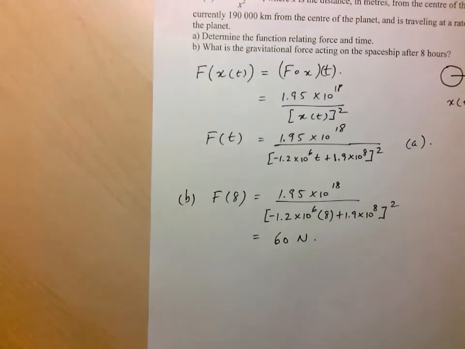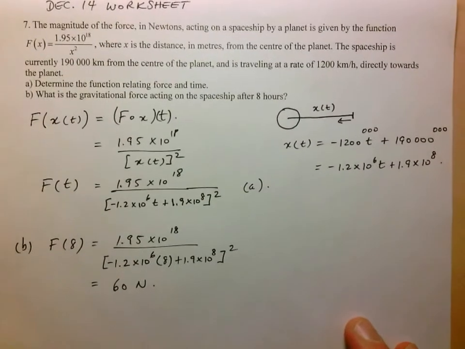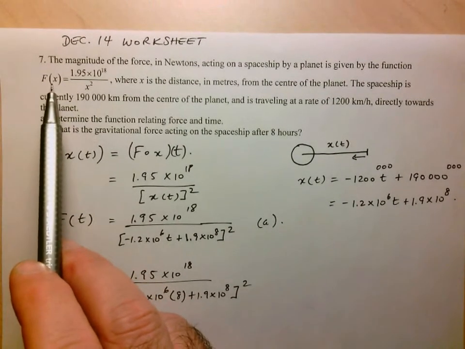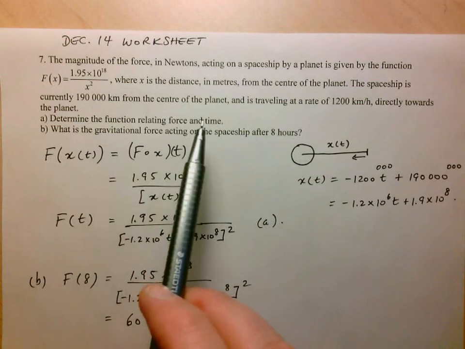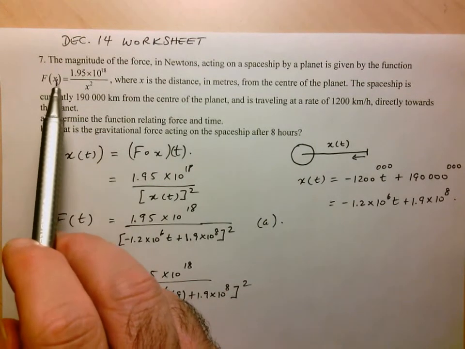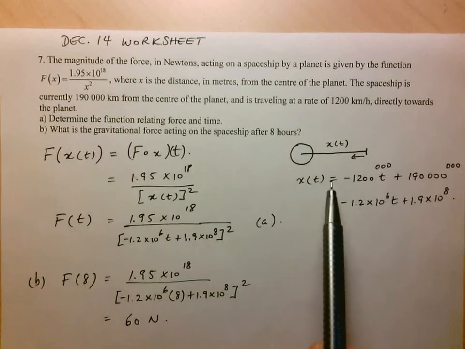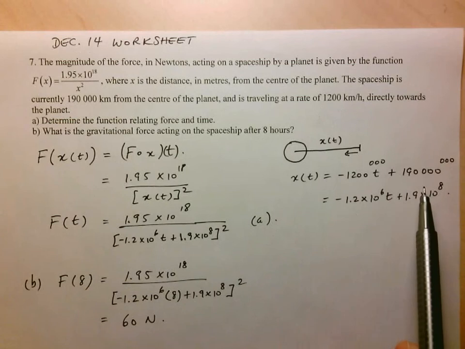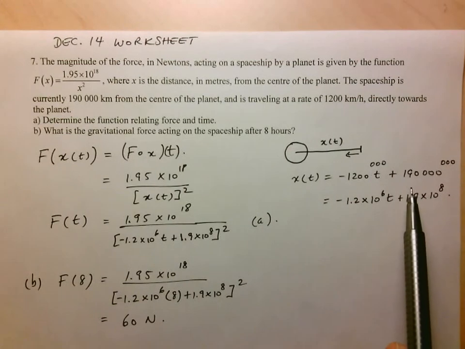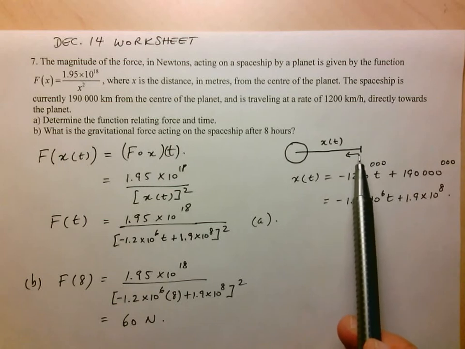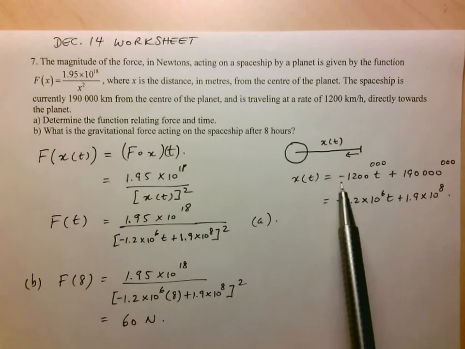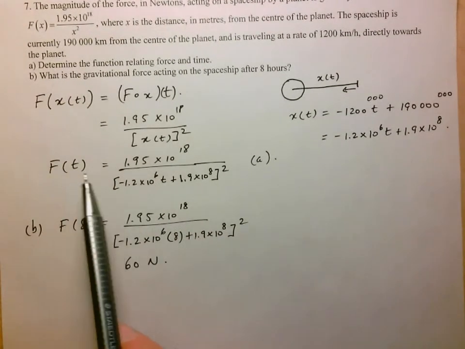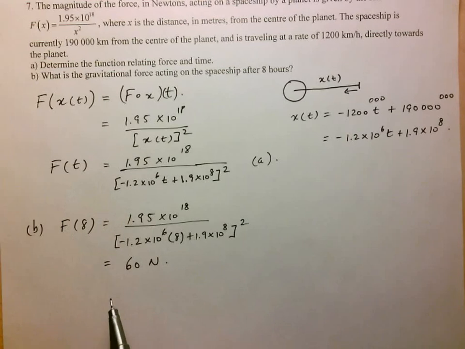So let's just recap this question. Number one, realize that we're given a function of f with respect to x, but we want a function of f with respect to time, so our goal was to write x in terms of time. We realized that it was going to be a linear function, so fairly easy to write out. And use what you know about linear functions: since the value was decreasing, our slope was going to be negative. And then once you have your equation in terms of time, you were able to then solve for particular